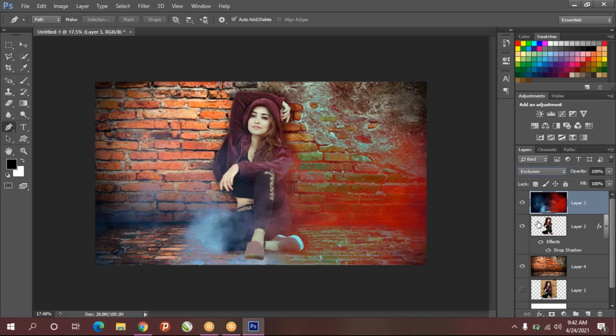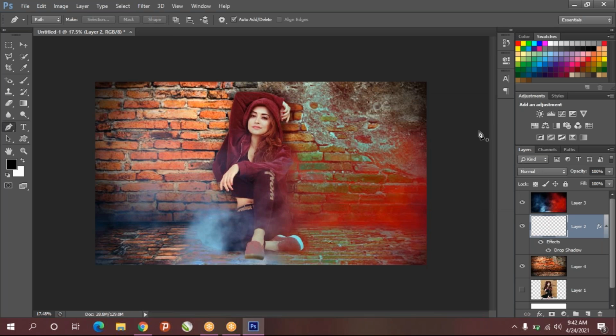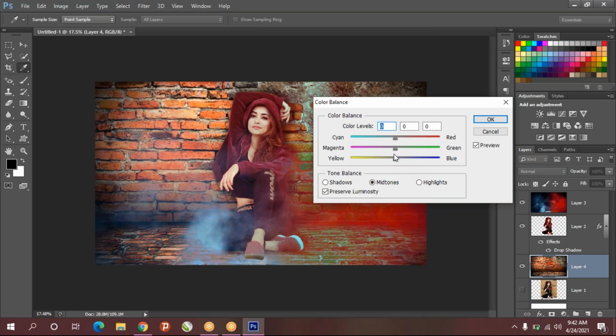So just select the girl layer, Control B, and just give little bit of red shade. And if you want yellow shade, you can give, but yellow shade won't look good. Even for this also you can do color balance. So whatever you want.